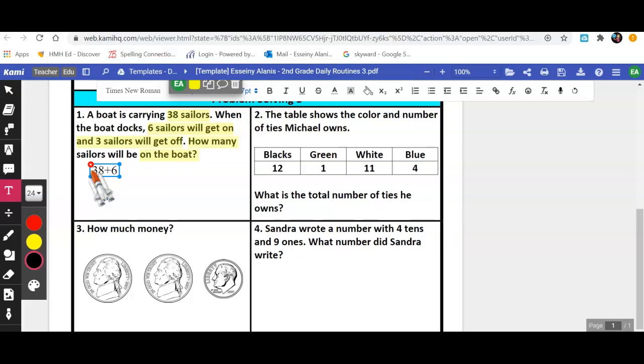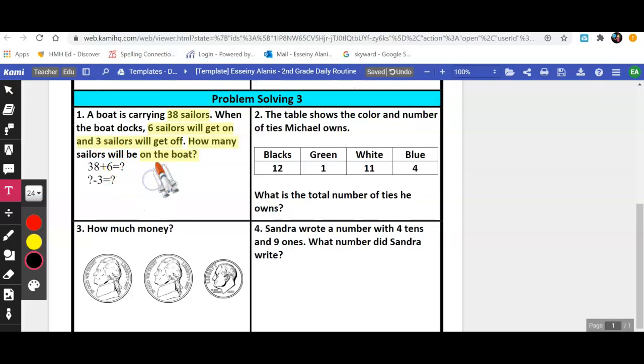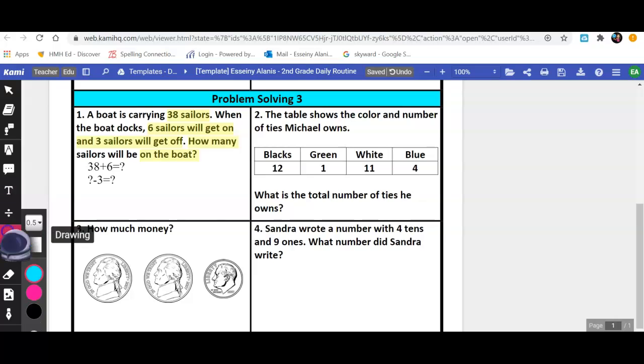38 plus 6. This is a multi-step word problem because first we have to add 6 get on, so we have to add 38 plus 6, and then 3 get off. So then we have to subtract from there. Minus 3 is equal to another question mark. So we will find out right now. What we're going to do is use a different strategy, and we're going to make a